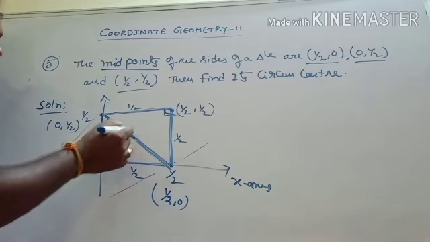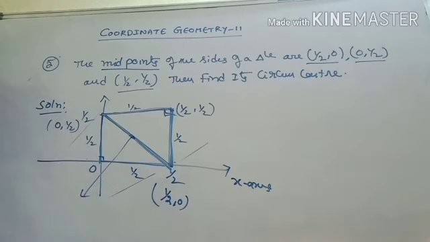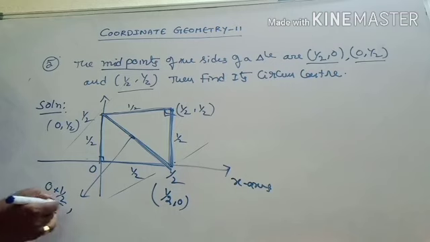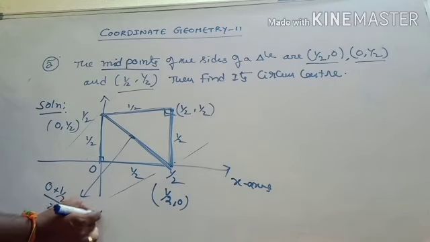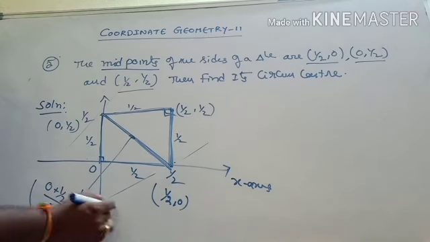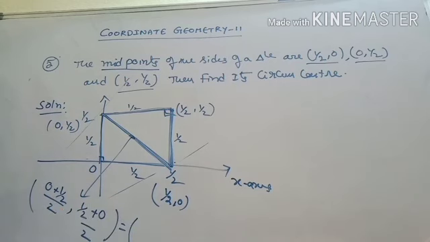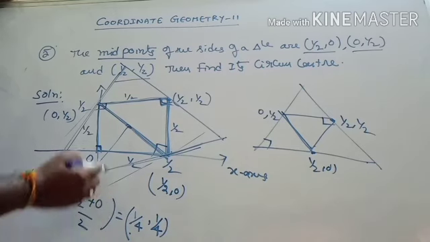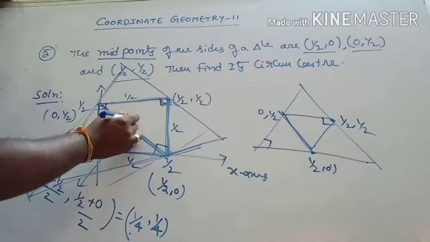Therefore, you take the midpoint of the hypotenuse. For this, what you are going to get is (0 + 1/2)/2, comma, 1/2, right? You can take it like this, (1/2 + 0)/2, like this. And this is nothing but what you have got. Now this is (1/2)/2, which is 1/4, comma 1/4. This is now 1/4 comma 1/4.